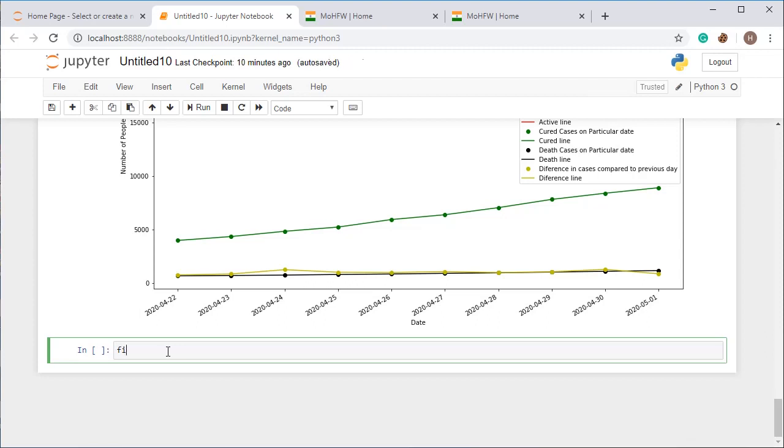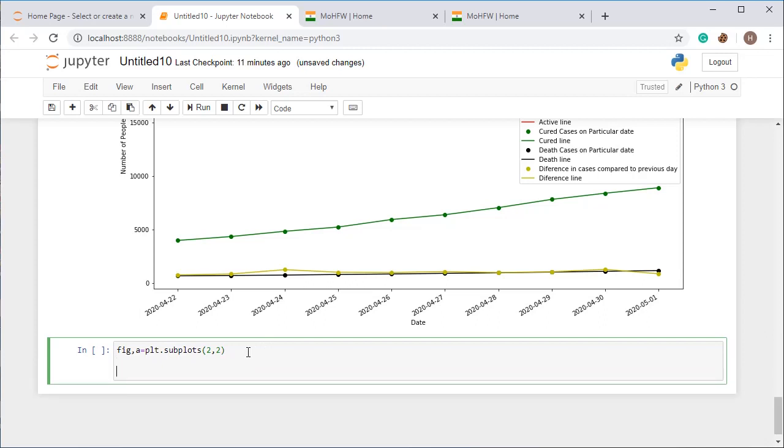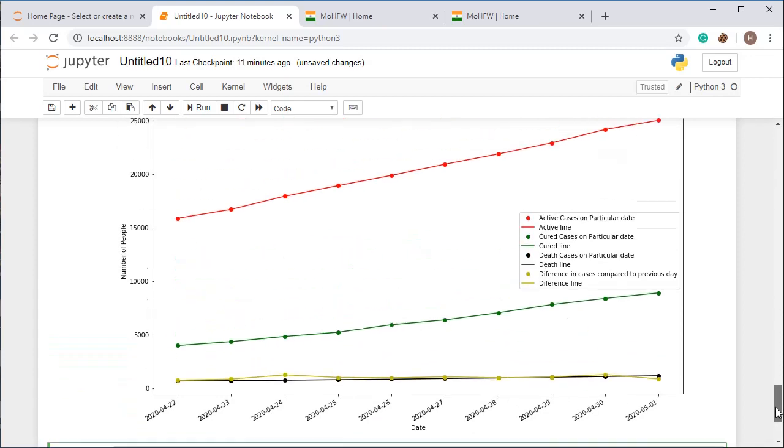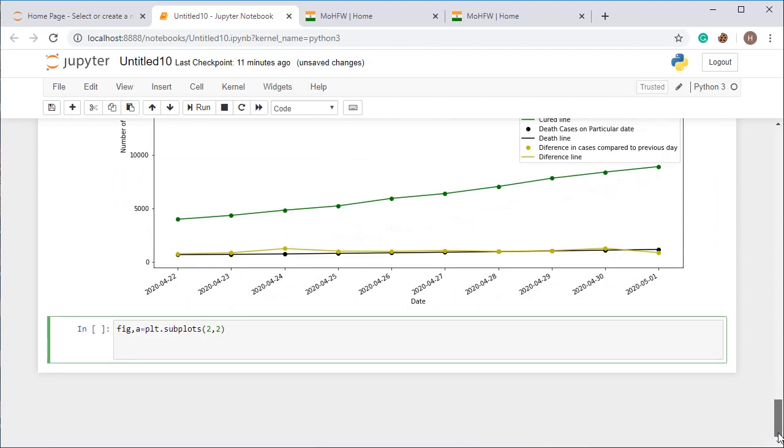So just take fig comma a, and now I am taking plt dot subplots, and I am creating 2 comma 2, means whenever you have to place 4 graphs at a time, then use the subplot section, means you can use these as 4 different graphs. All right. So I'm creating the same thing in 4 different sections. So just use import numpy as np. We have already imported.